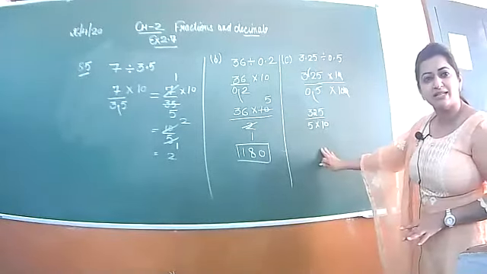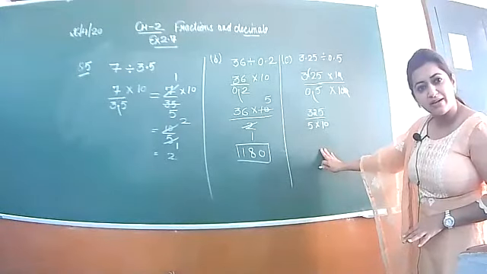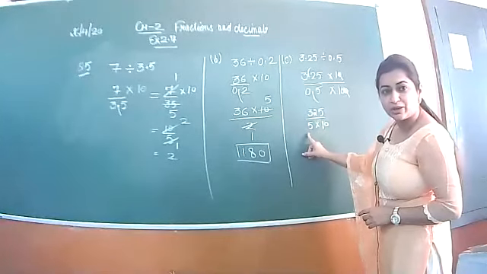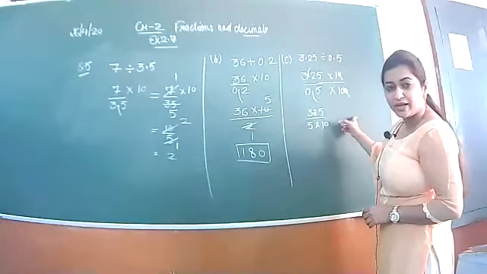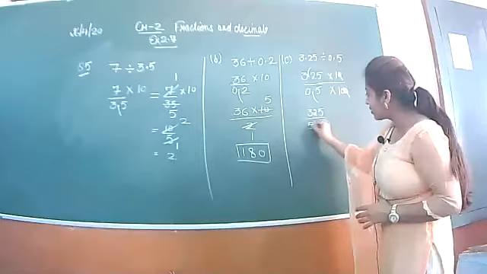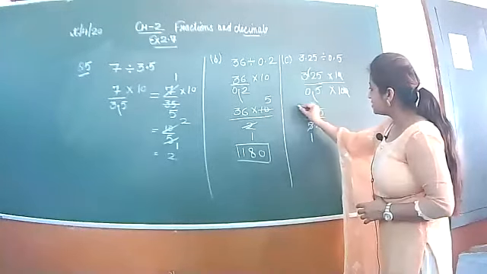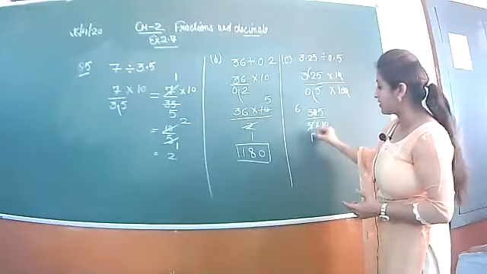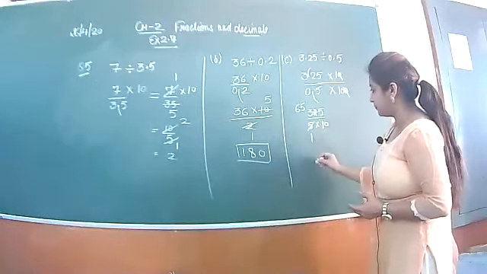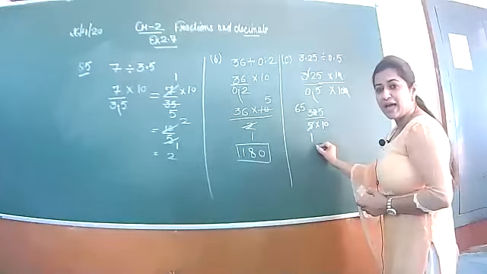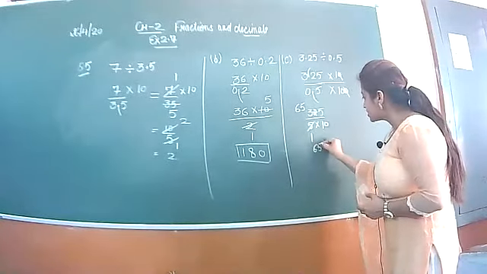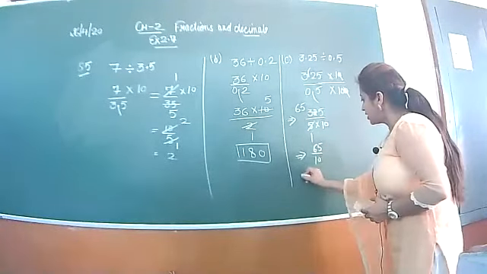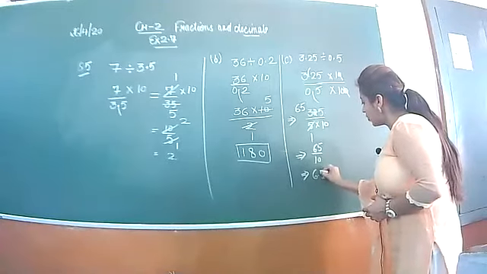Hey, beta, is this clear? Now cancel it out. You all know how to cancel out the term verbally, or you can divide it also. I am doing verbally. 5 ones are 5. 5 sixes are 30. How much is left? 2. It will become 25. 5 fives are 25. Now the number has changed to 65 upon 10. So the answer is 6.5.